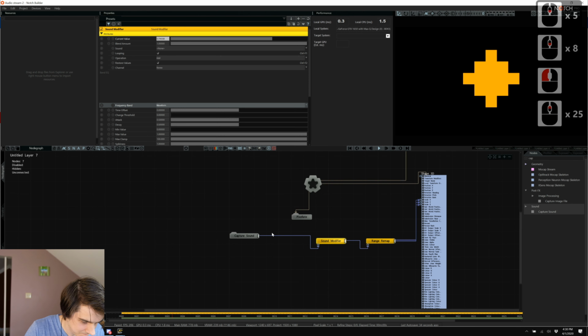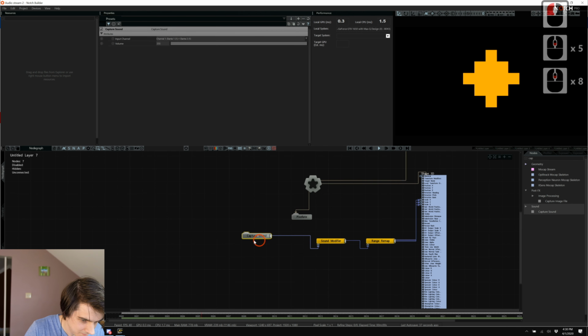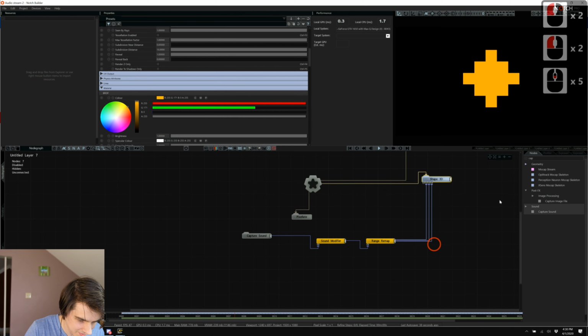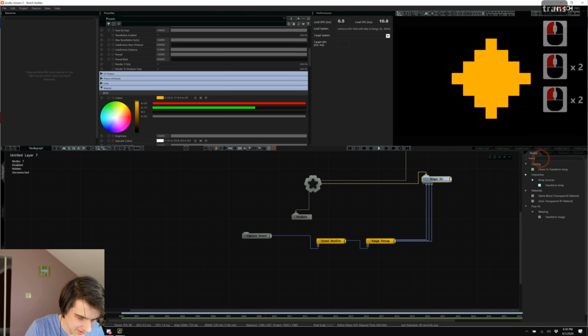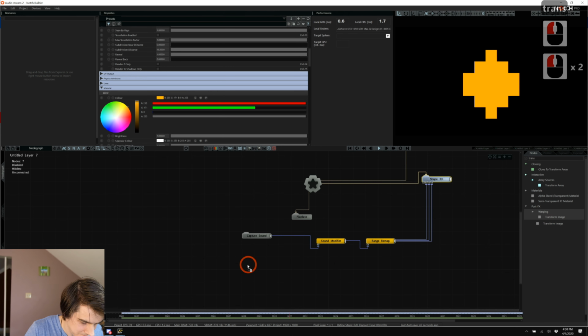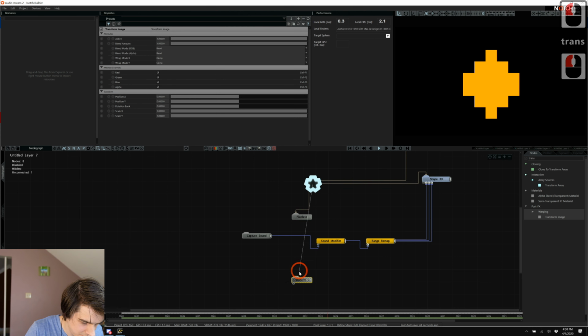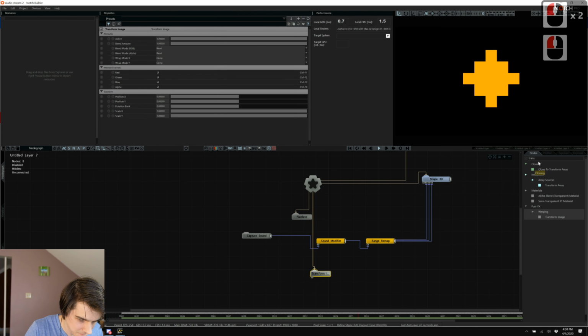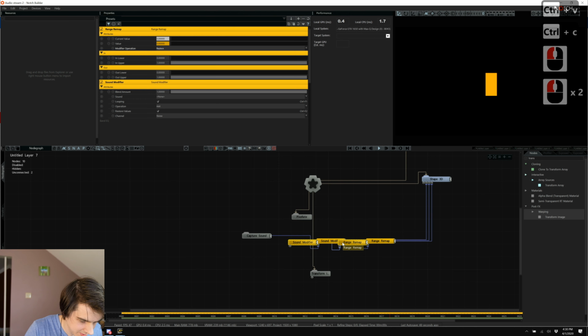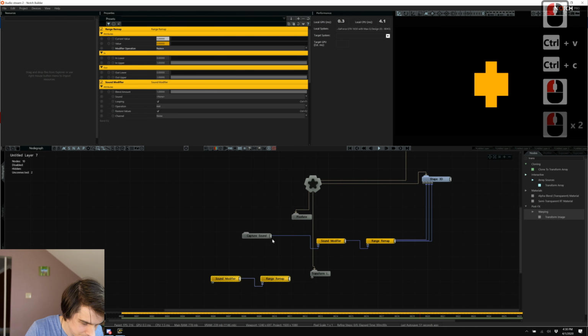So, pulsing on beat, basic look, kind of boring. But let's go transform image, throw that into my root node. Capture this, copy paste that,